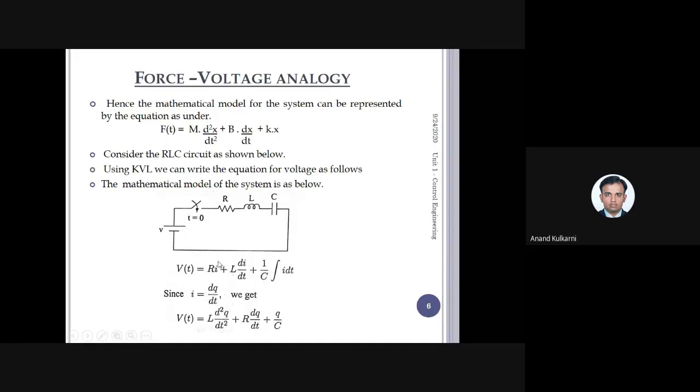Now here what I do is I replace I by dq by dt, that is the change of charge with respect to time. Now, what is the current? It is nothing but the change of charge with respect to time. So if I substitute I in terms of dq by dt in this equation, what do I get? V of t is nothing but L into d square q by dt square plus R into dq by dt plus q by C. Now, you just compare this equation, that is V of t and f of t. If I compare V of t and f of t, we can see that